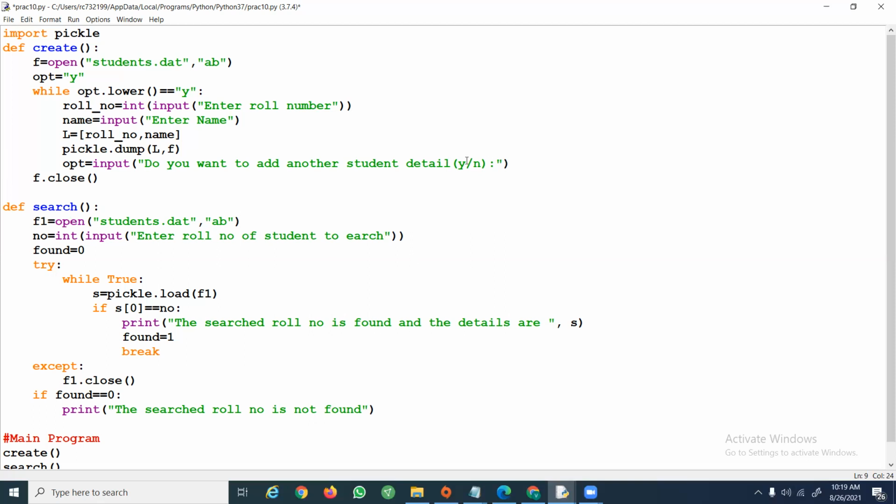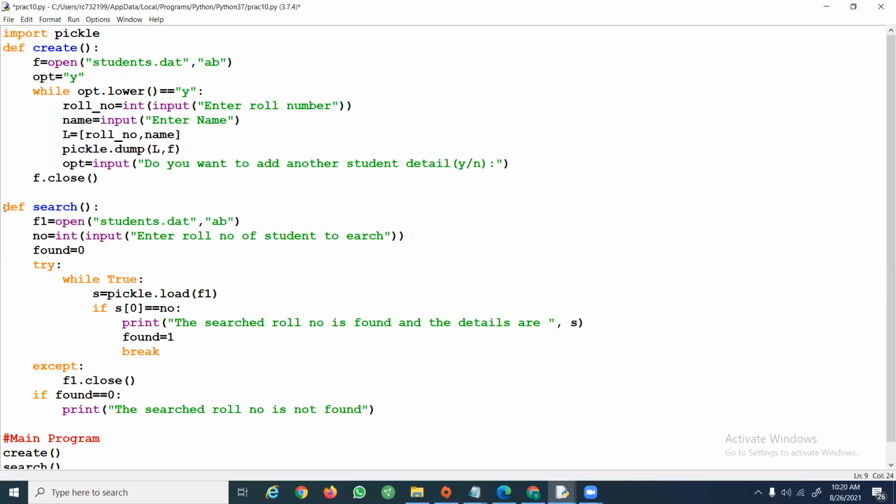If you give S, it gets into the while loop again, another student's information is read from the user and written into the file. It keeps executing until you give no or any other character, and then the while loop is terminated. At the end of this function, you will have created the file containing the students' details.